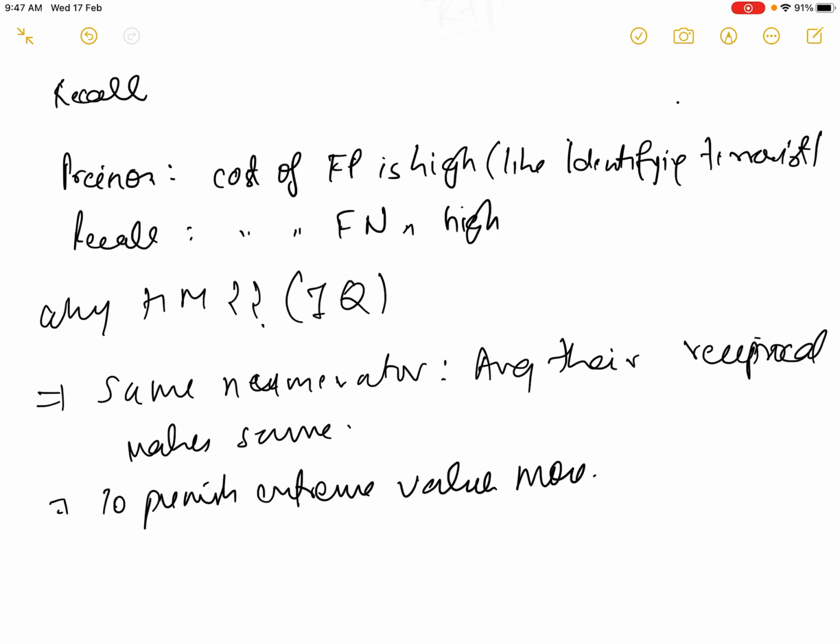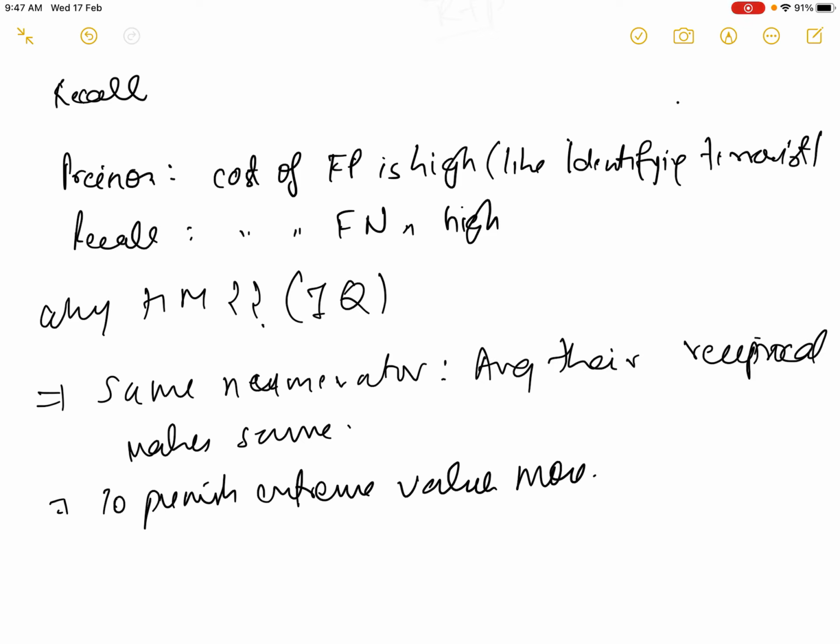To understand this, in a later lecture I will tell you about the AUC, area under curve, and ROC, receiver operating characteristics, which give a better idea of accuracy. Now, one question which any of you would have in mind is why the harmonic mean is used. Why not the arithmetic mean? Why not maybe the geometric mean?